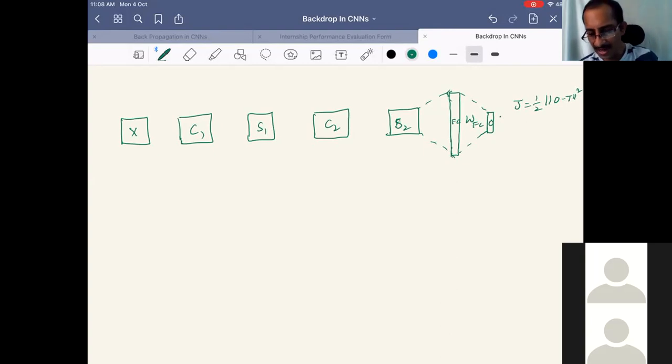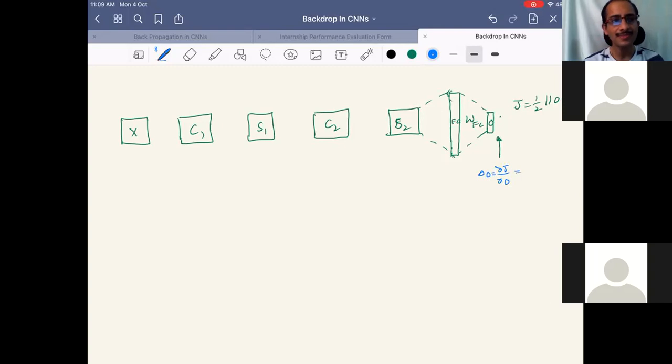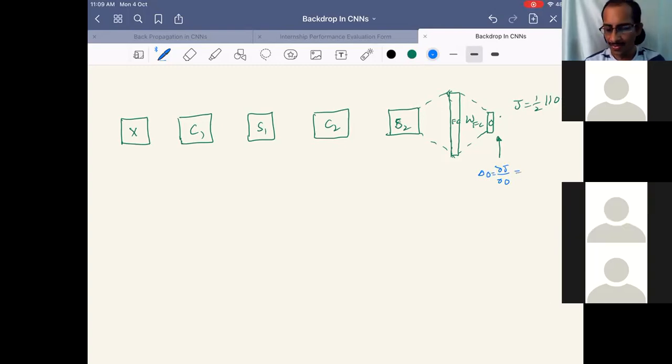So let us start from here. So we want to write the gradients. So dou J by dou O we want to write. What do we denote dou J by dou O with? I need some quick answers to move quickly for the backpropagation. So dou J by dou O we denote with what? Delta O. Okay, and it is equal to what? O minus T. This we know.